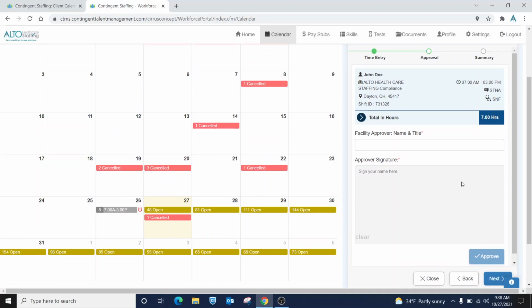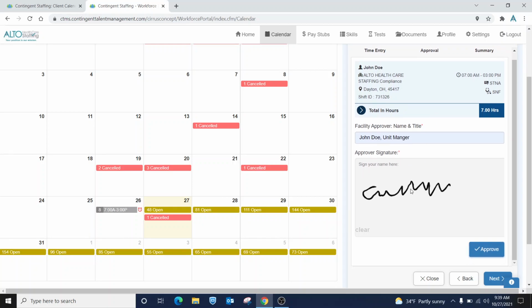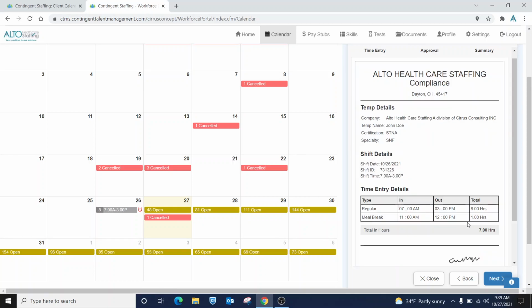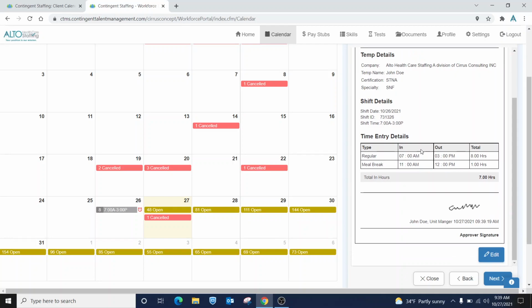And this is where the facility approver screen pops up. Again, they'll need their name and title. So John Doe, unit manager. And then we need their signature. It's a good idea to use a stylus, but they can use their finger. If the approver doesn't like their signature, they can click this clear button and it'll clear the signature and they can try again. Once everything looks good here, they click approve and then they signed off on your timesheet